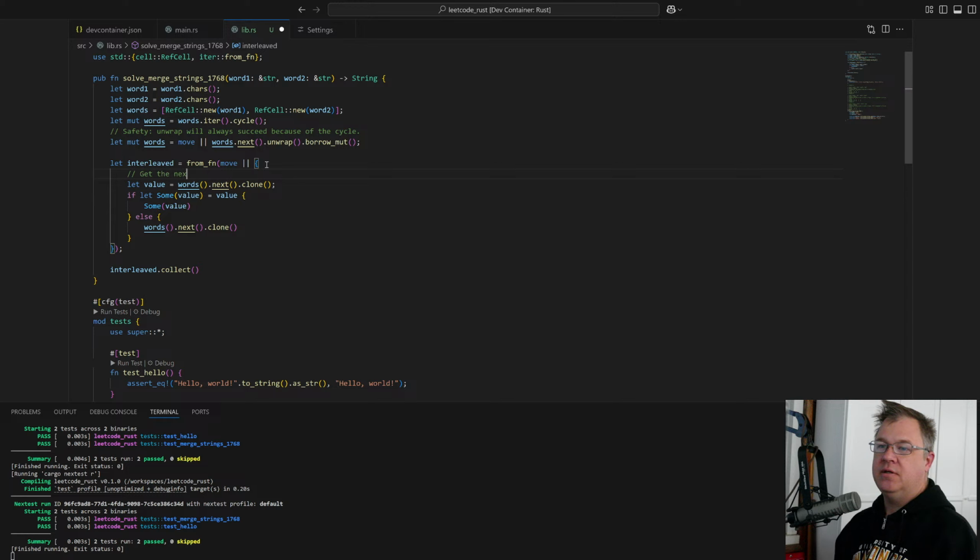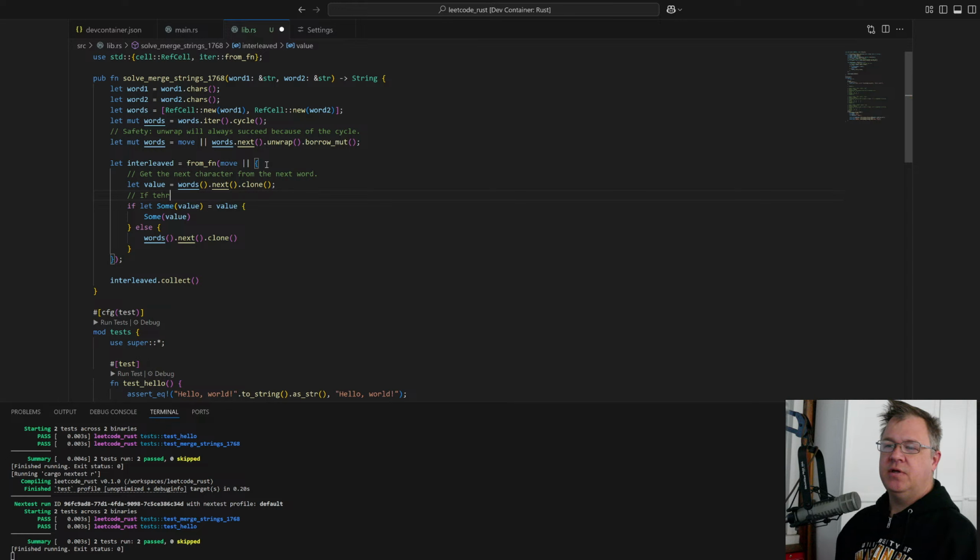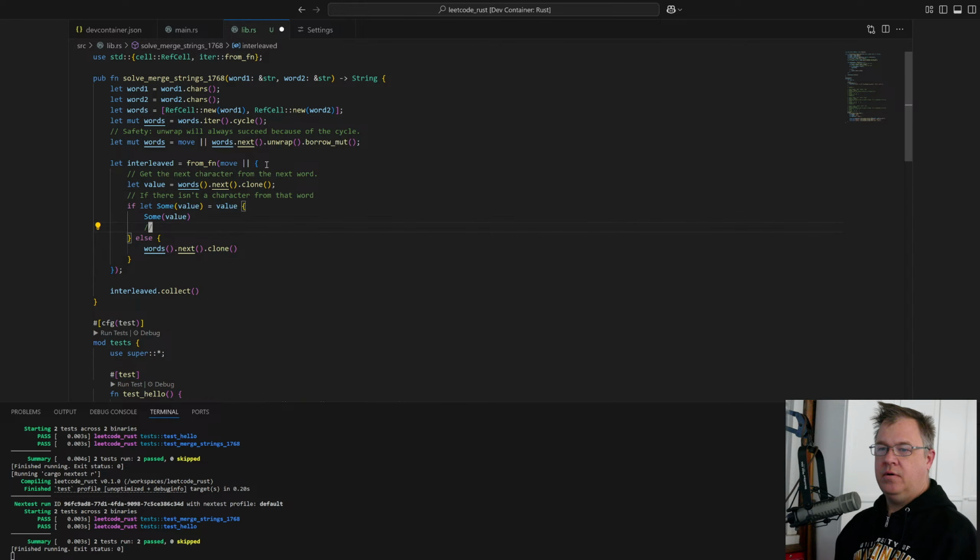Get the next character from the next word. If there isn't a character from that word, get the next character from the other word.